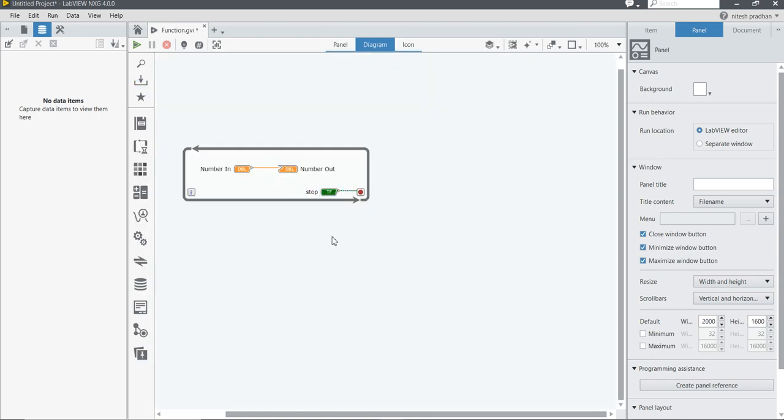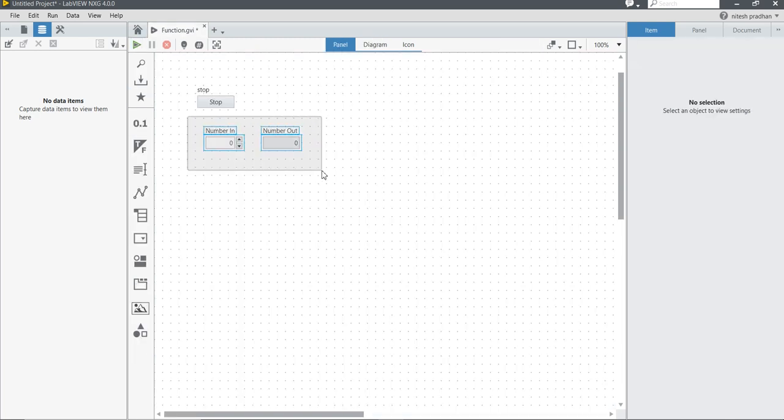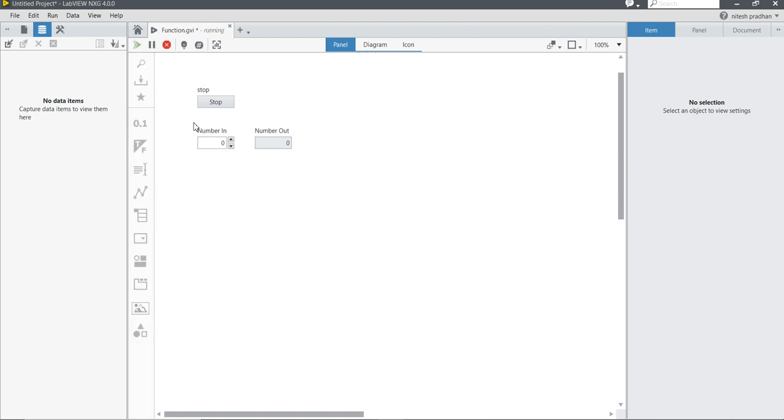Again come into the block diagram, so this function is here. Now if you click the item, you will get all those things. Let's try to run. Now the simulation has started. If I insert a value, we get the input and output the same.